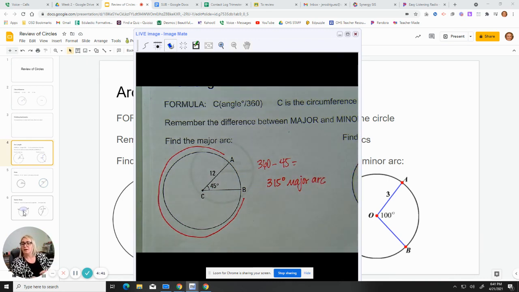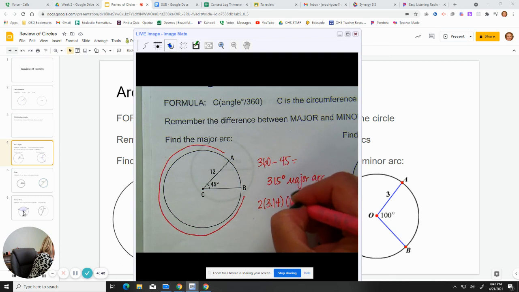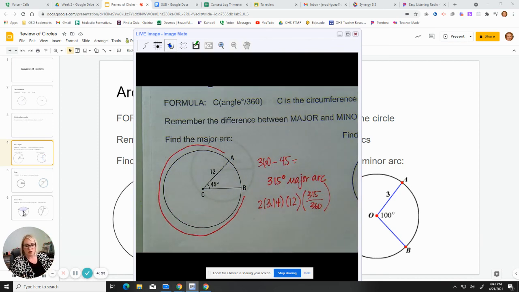So now it just becomes a matter of using our circumference formula, 2 times pi times the radius, and then multiplying by our new degree of 315, which is our major arc, over 360. And you should be able to do this all on the calculator if you use parentheses, okay? Make sure you're plugging in with a bunch of parentheses. And when you do that, you get